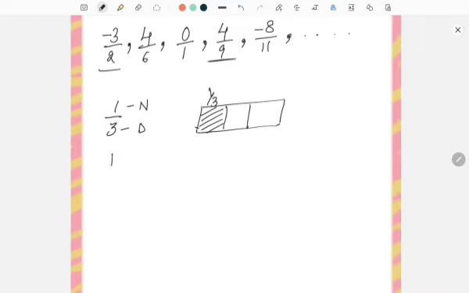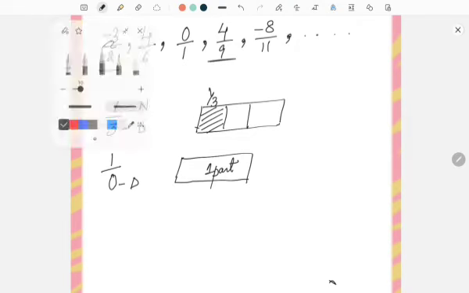Okay, so if I tell you to picturize this 1 upon 0, how will you picturize it? You will at least need a figure, right? If I draw this figure, this itself is one part. ये खुद ही एक part है, right? But denominator is 0, so that means there should be no part.